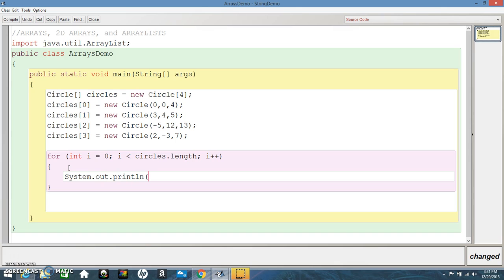So what I have to do is circles[i], whichever circle I'm doing, all of them, dot getArea. Now remember, if you didn't watch it, in our circle class we created a getArea method for circles. This calls a circle object, just the ones you're seeing right here. This one first, this one second, this one third, this one fourth. And it will print